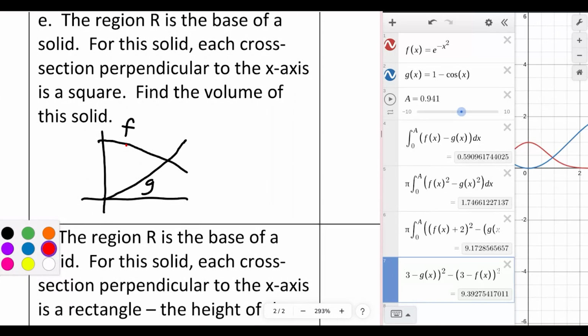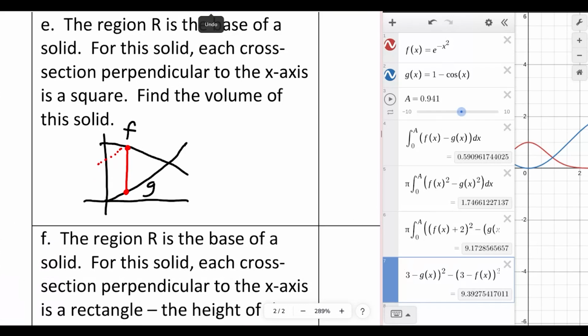So if I take a cross section right here, we're going to have a square going into the paper. It's really hard for me to draw that. Let me try a different direction. So you have a square there